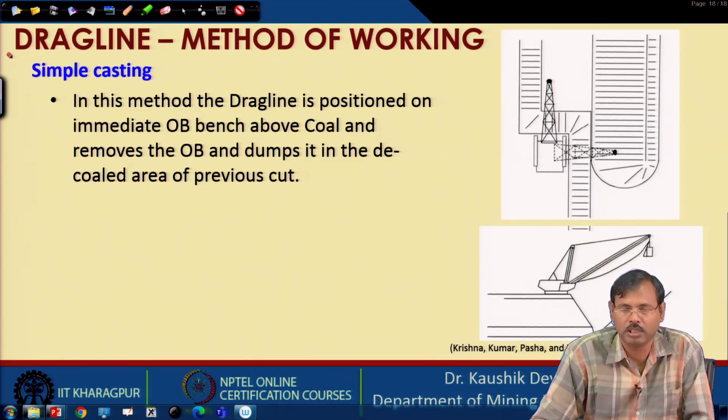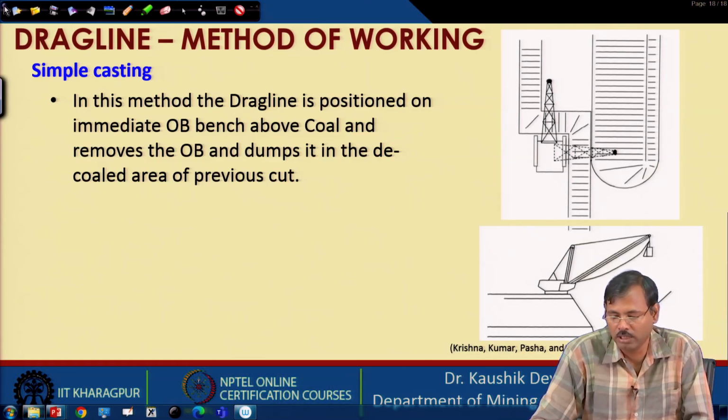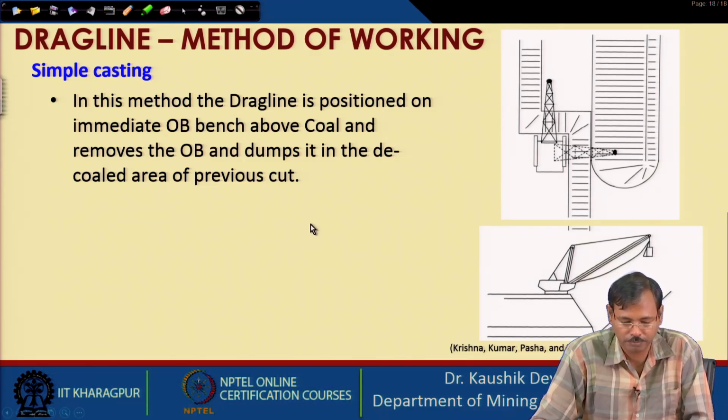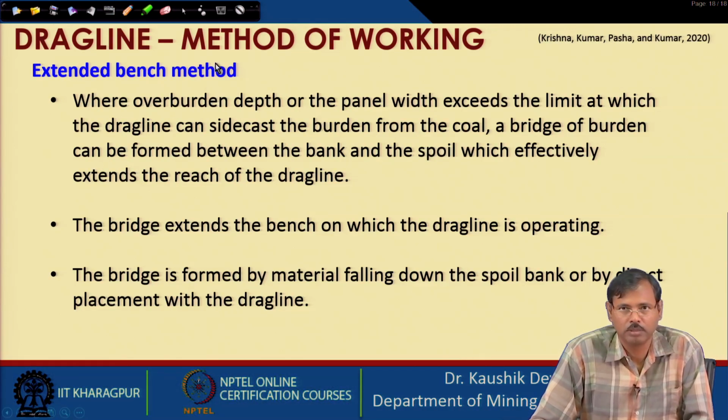In fact, some phosphate mines of Morocco are also using drag line for direct casting of the material, and this is very well applied, especially in case of multiple seams for the lower seam, or if it is a single seam deposit, the drag line can be easily used. But there are some special cases where drag lines are utilized. Those methods we will discuss one by one.